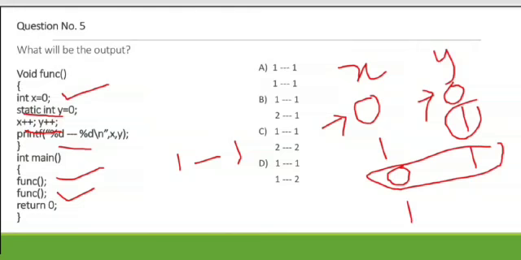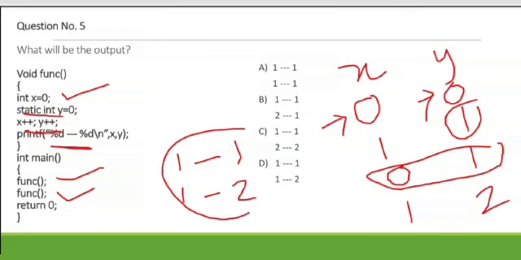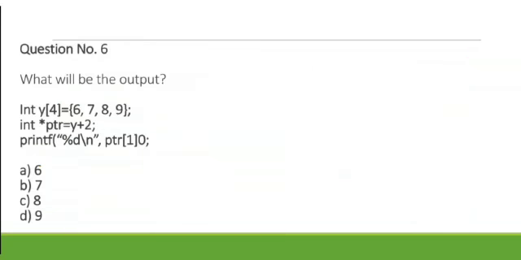So here 0 becomes 1 and 1 becomes 2. So by printing %d dash %d, we get 1 dash 2. So the output which matches is option D. So option D will be the output for this question. This is a very important question and you should note this one. So let's go to the next one.